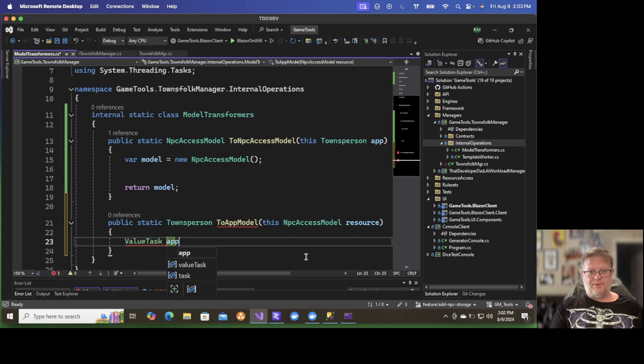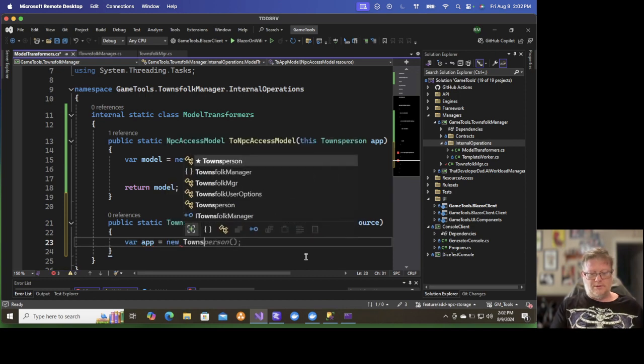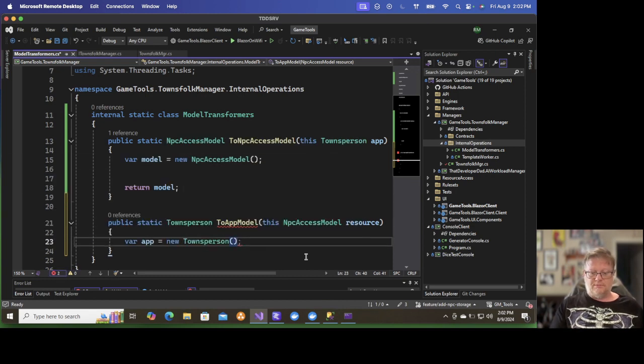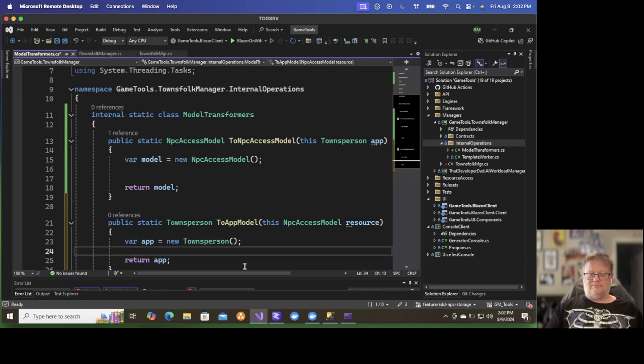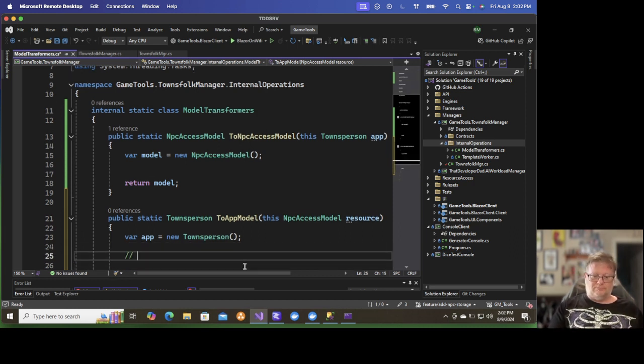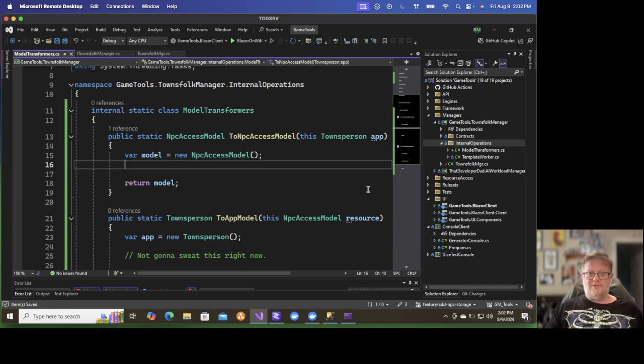Var app equals new Townsperson, return the app model. Not gonna sweat this right now. This, on the other hand,